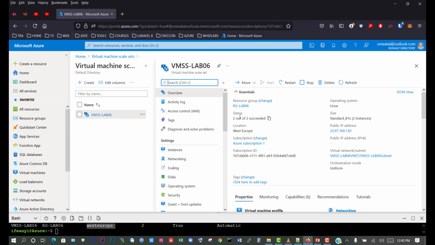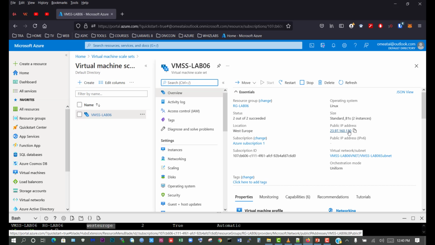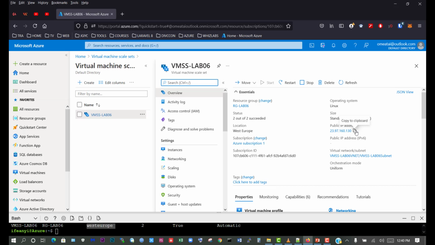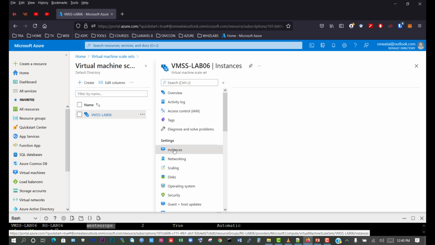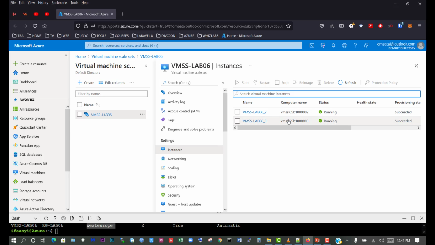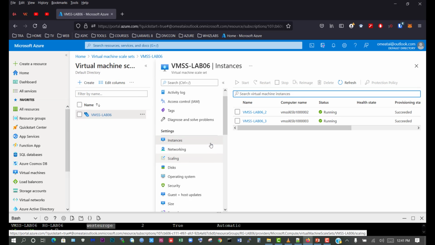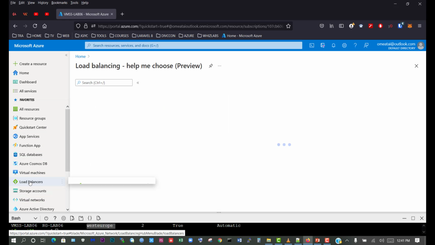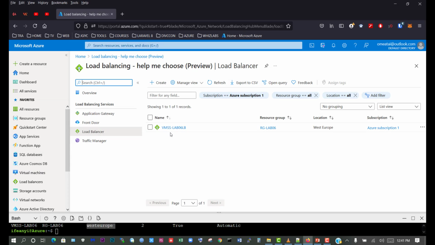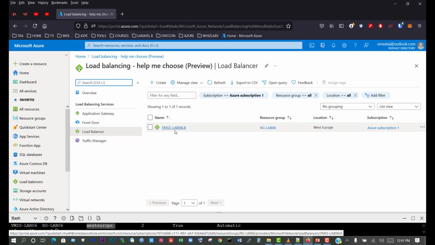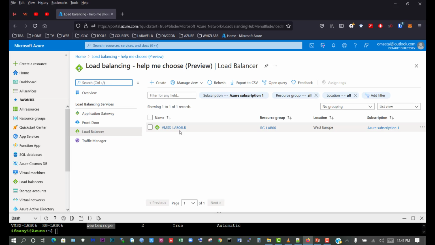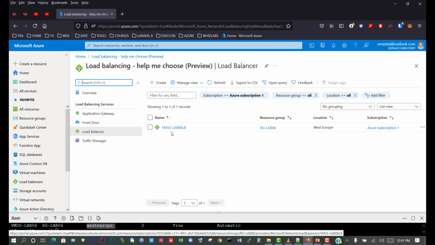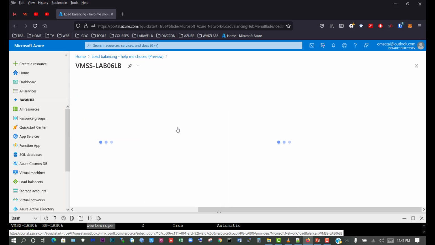And we can see it's currently running. It has an IP address created, and we can also check the instances, and we can see the instances are currently deployed and running. So we also need to check the load balancing rule and the load balancer, if any is created, and we can confirm here that our load balancer has been created automatically when we were creating the VMSS. So if we click into it,